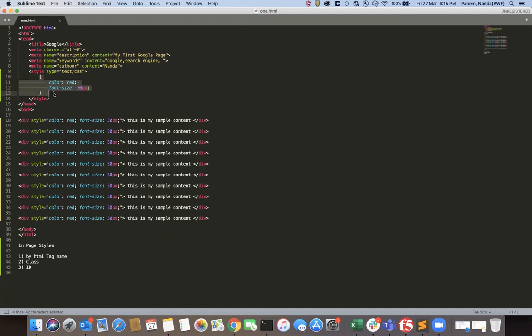So where is it going to apply? That we need to define. So where you need to apply, as of now we are seeing by HTML tag names. So what I'm telling this style is whenever div comes, I need to apply this styling. So I'm going to provide div. So what it means is, by providing an HTML tag name, I'm applying the style. So what we are telling is, whenever div comes in the body section, apply this style. So now I'm just hiding this.